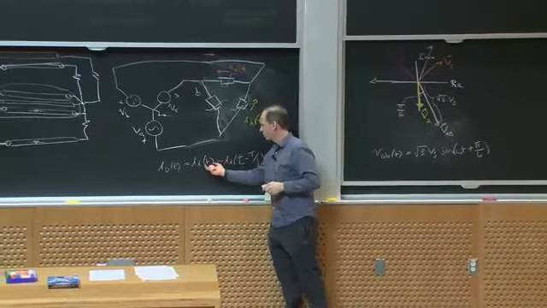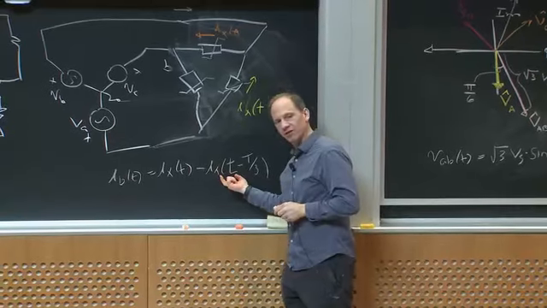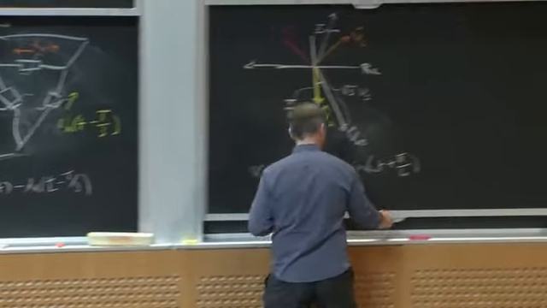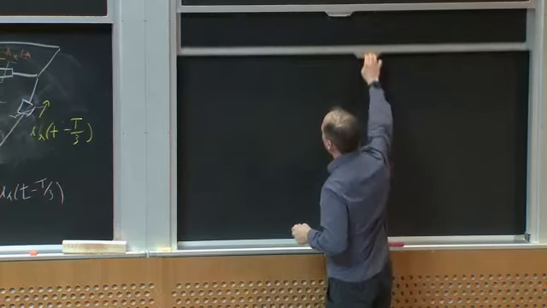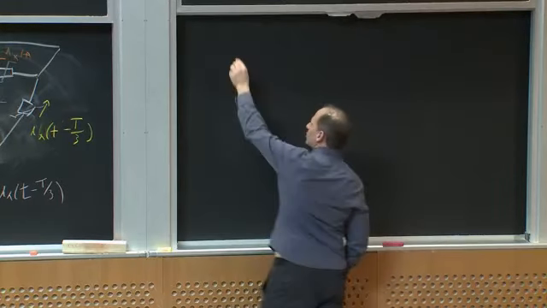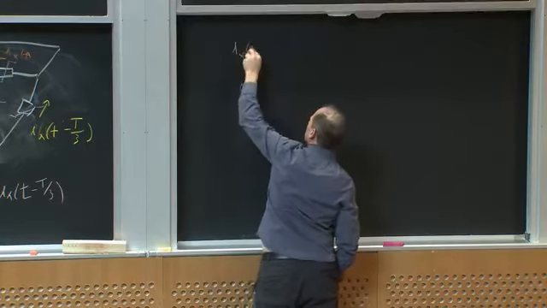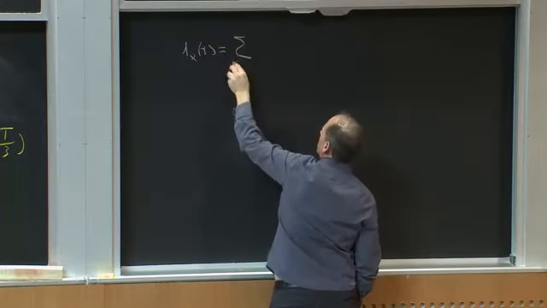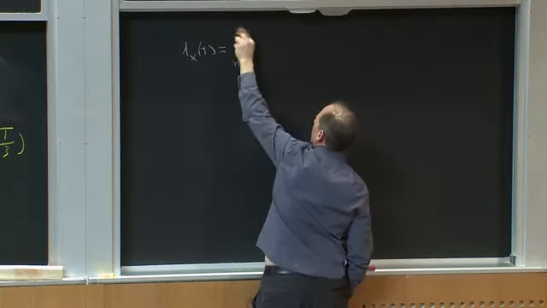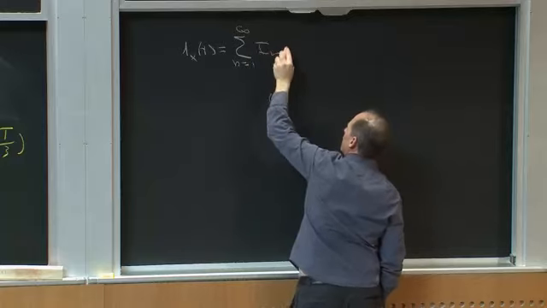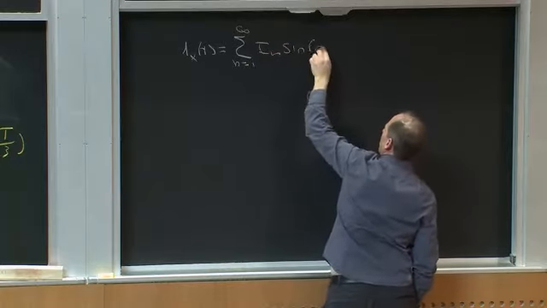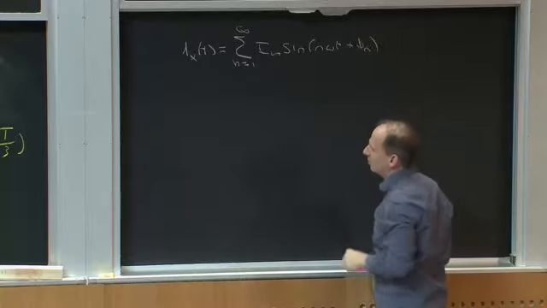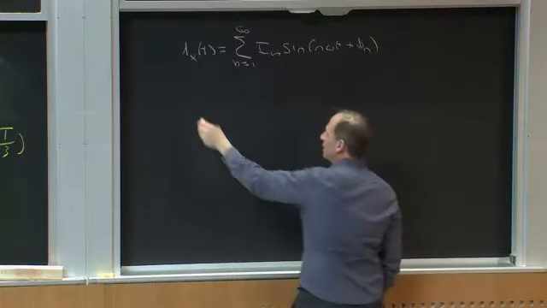And it's the difference between something and something shifted by a third of a cycle. All right? Well, why is that important? Suppose I could write I_x of t as a summation. Let's assume it has no DC component. So this can be the sum from n equals 1 to infinity of I_n sine of n omega t plus phi_n, right? That means that I_b of t